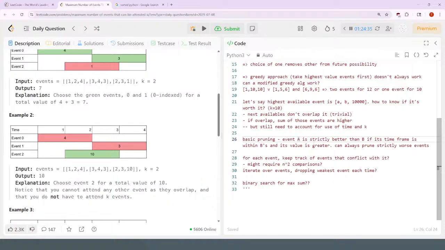When I was trying to write the basic for loop to try to prune it, it didn't actually come out easily. It might be a hard problem in and of itself to try to prune the strictly inferior events. It might be like n-squared comparisons necessary to see if there's overlap and see which events are worse, which events are overlapping, which ones are worse. So I quickly tried. Yeah, that didn't pan out. Anyways,